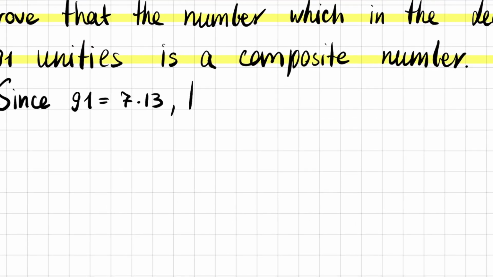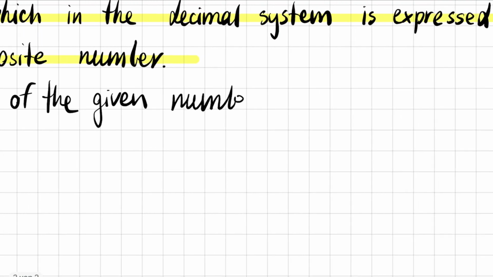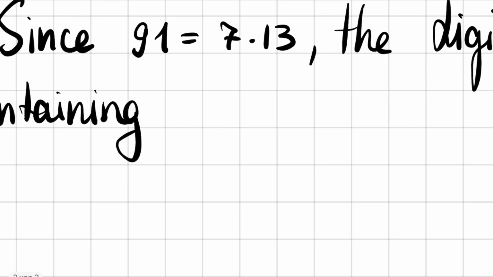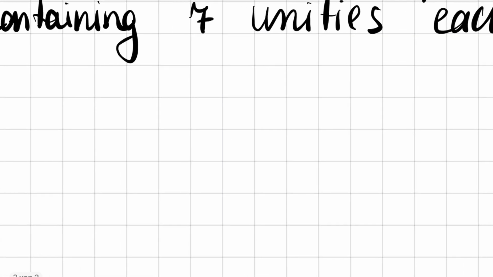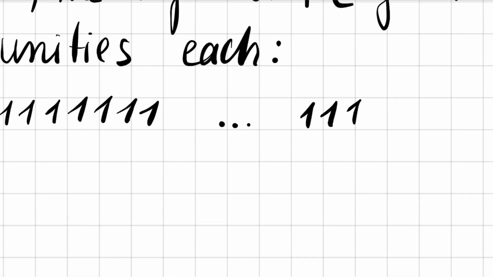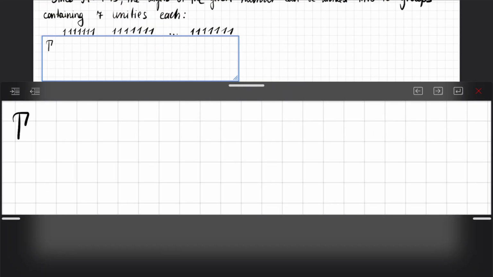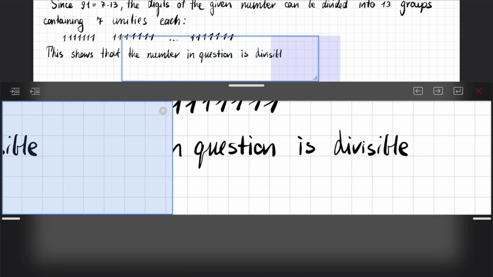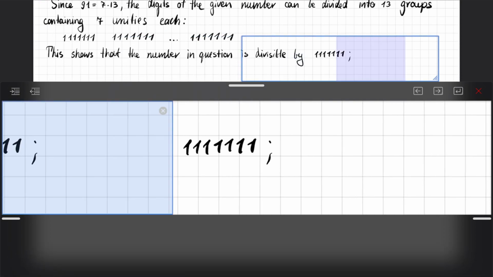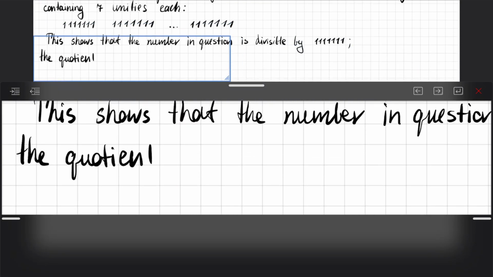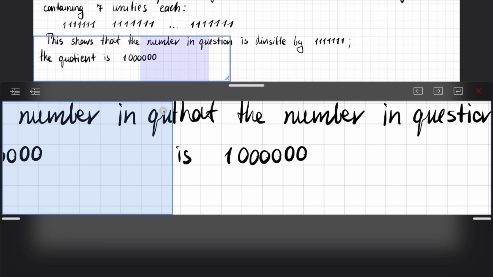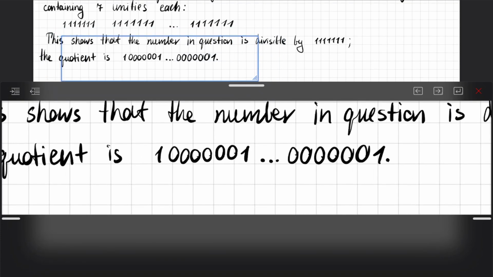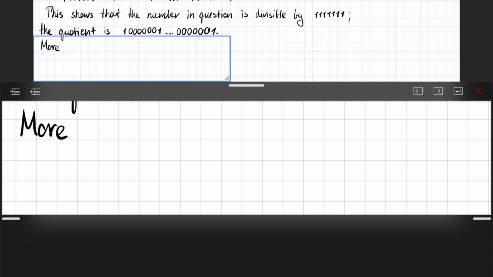So, since 91 equals 7 times 13, the digits of the given number can be divided into 13 groups containing 7 unities each. So we have 1,111,111 and so on 13 times. This shows that the number in question is divisible by 1,111,111. The quotient is 10,000,001 and so on 0,000,001. More precisely, let